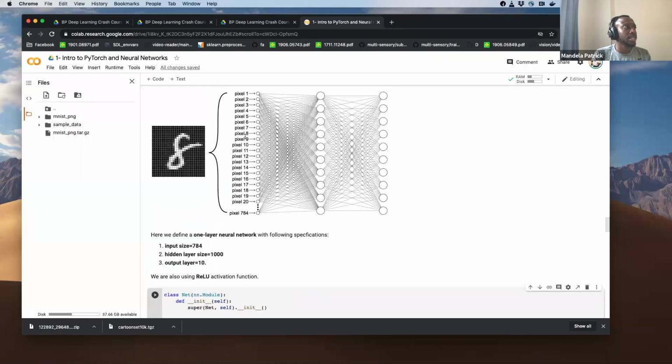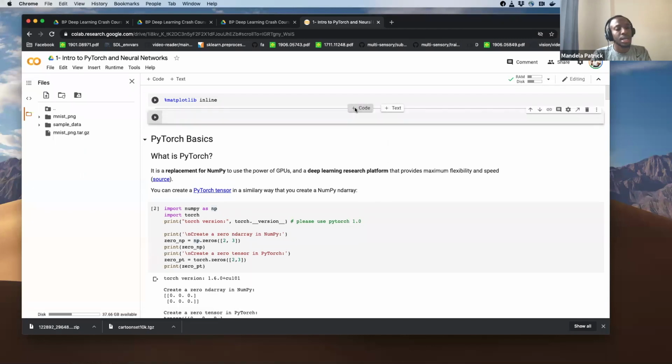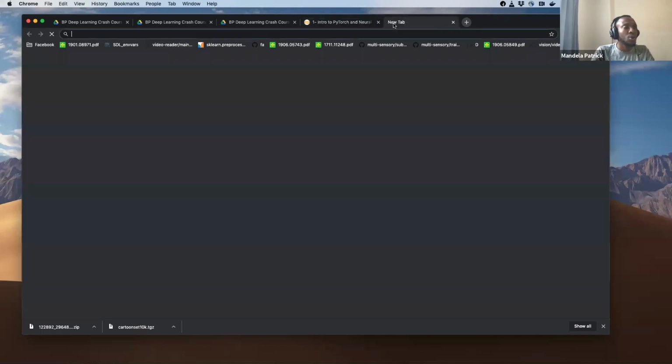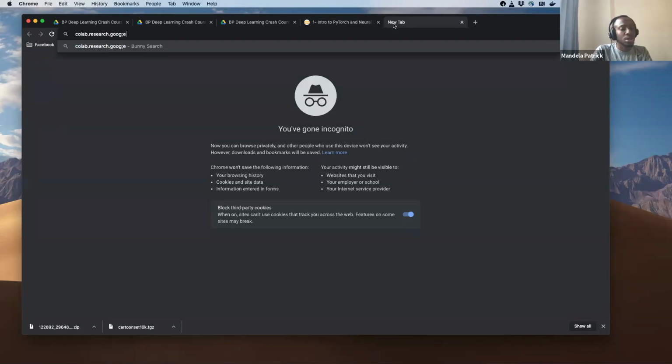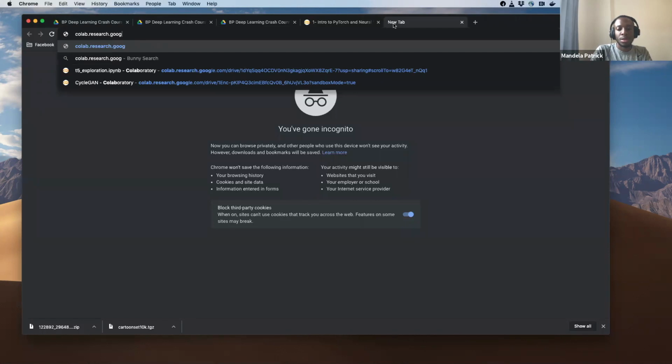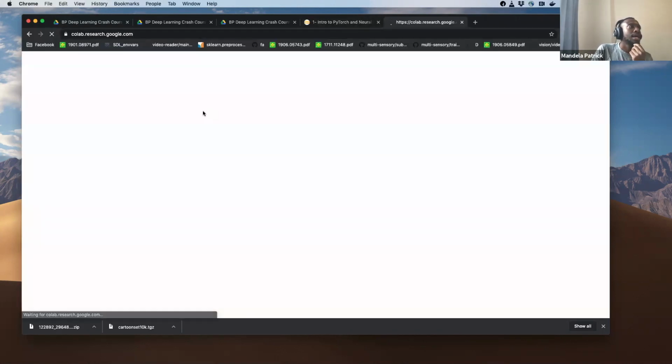If you need to install any extra packages, you could just do pip install and the name of the package. But Colab should come with Python and PyTorch pre-installed. Once you have a Google account, you can make your own Colab. You can just go on colab.research.google.com.